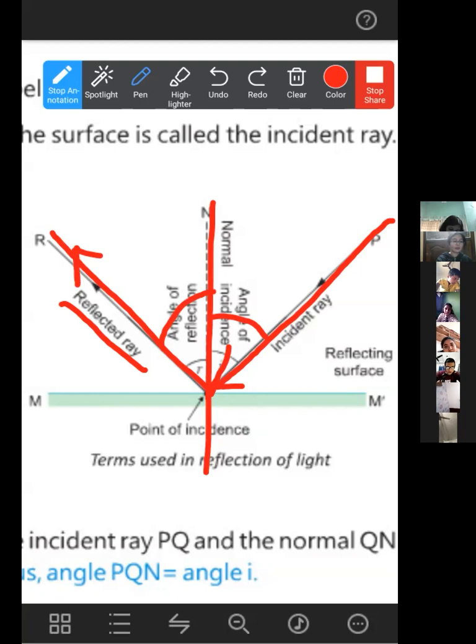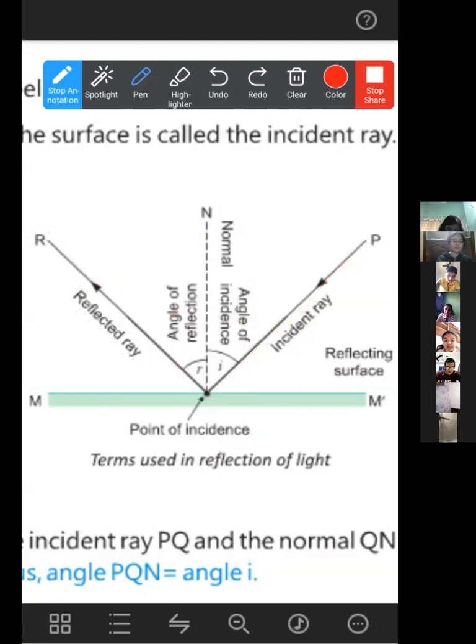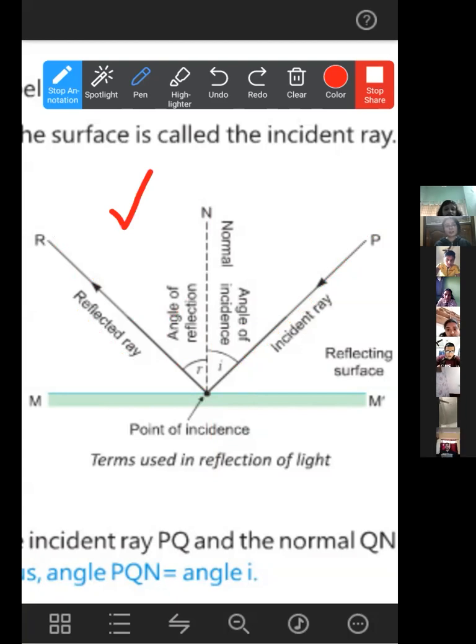And now let me tell you one thing. This picture is very, very important. So practice this one. The terms used in reflection of light, it will not come like this. The terms will be given in the exam. Suppose draw and describe the following terms. The question can be like this: draw and describe the following terms. So there the terms will be given: incident ray, reflected ray, normal, angle of incidence.